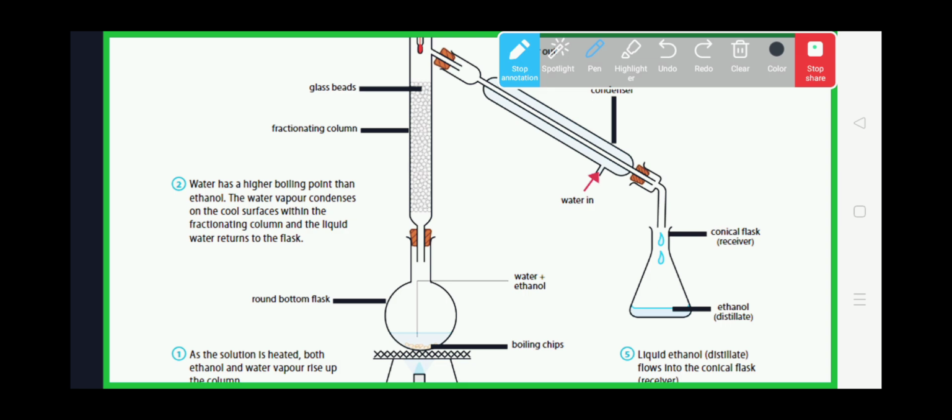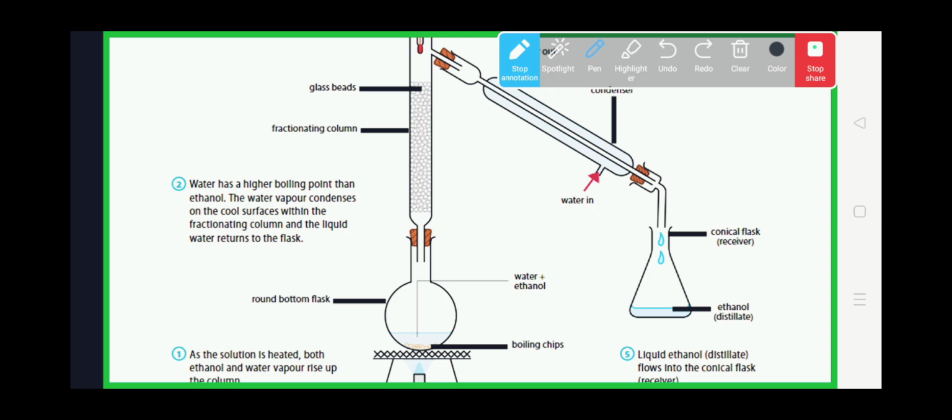Allow means the vapors that have already reached the boiling point will have a very high kinetic energy and they will not stop. They will not resist, they cannot be resisted or hindered by any barrier, so they can always win the race and they can easily enter the condenser. So a simple technique will be done.